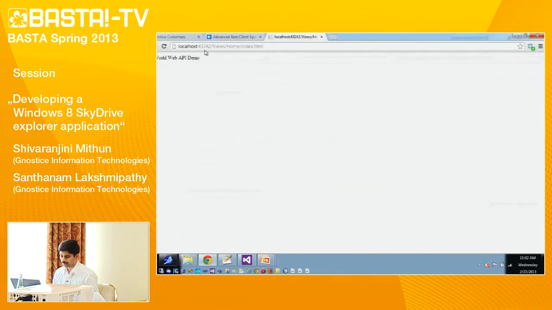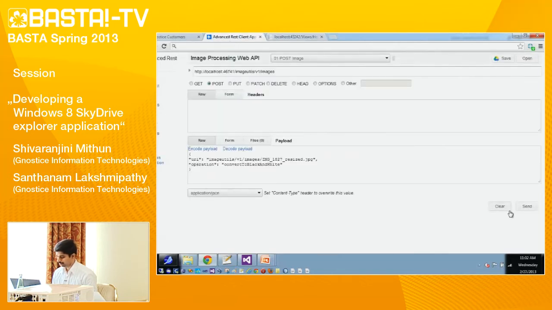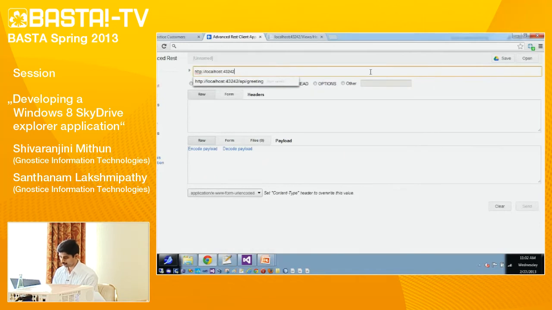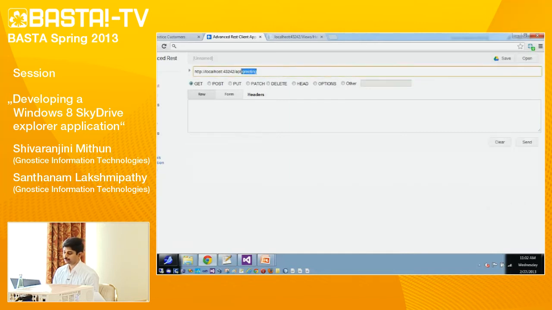Here we know the URL. We will copy this, and paste it here, and according to our REST API, this is the URI for the resource, and we are making an HTTP GET request because we are reading the details of the resource greeting here.